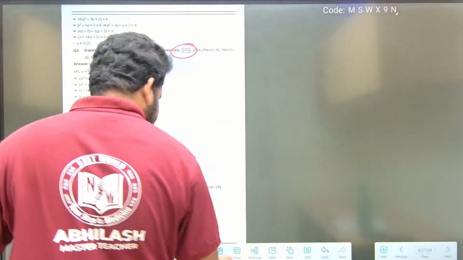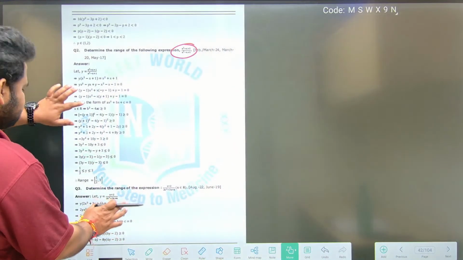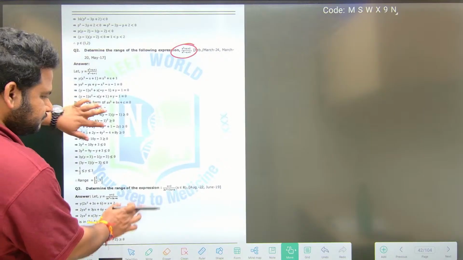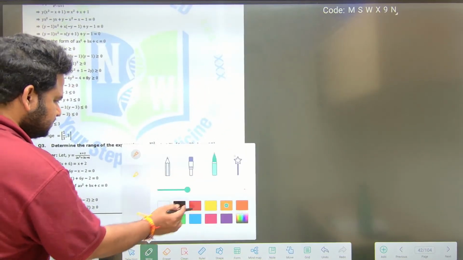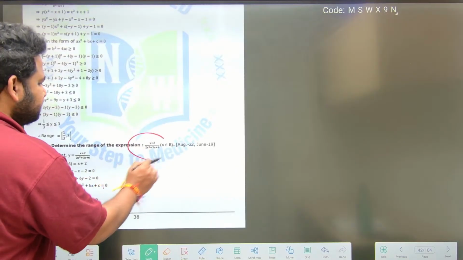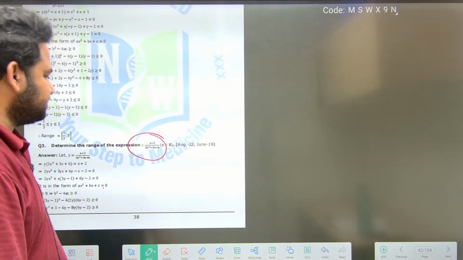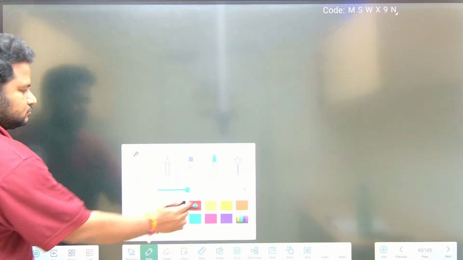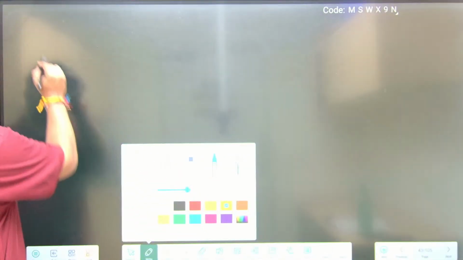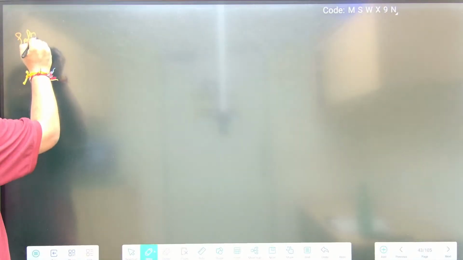In this question, they are asking same as the previous question. Determine the range of the expression x plus 2 by 2x square plus 3x plus 6. Okay. Let us take up this question. Solution. Same procedure we have to do. Solution. Okay, given